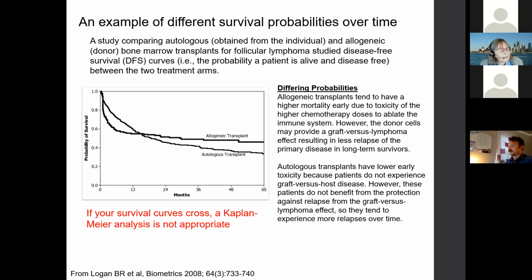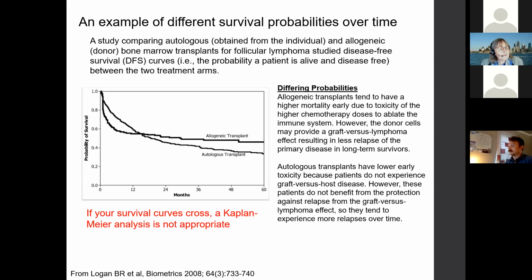And if you plot your data and you see that your curves cross, you know that you don't have a constant risk over time, especially between the two groups. This is an example where they have bone marrow transplant, the autologous, where you donate your own marrow to yourself, and the donor bone